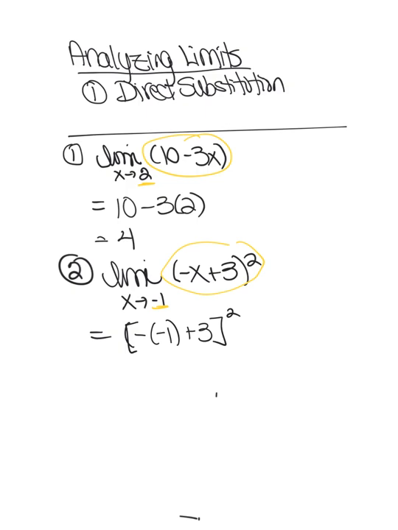Before we can apply an exponent, we've got to get it down to a single number. Minus a negative 1 makes it a positive 1, and positive 1 plus 3 is going to be 4, and 4 squared is going to give us 16. Let's continue on with some more examples here. For number 3,